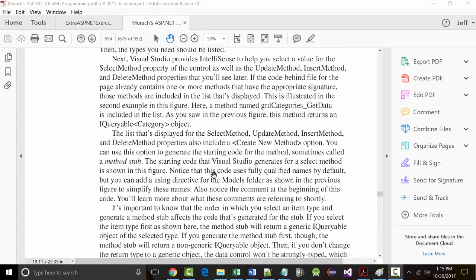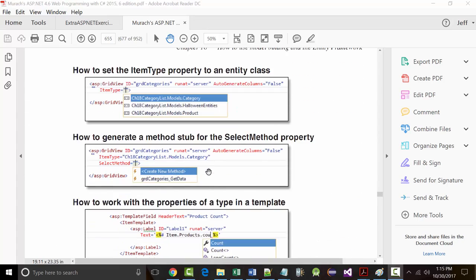The other nice thing about this, since it's a Microsoft invention, if you take a look on page 655, what was done here was they added IntelliSense to this. So when you're working on something that's a Microsoft product, typically Microsoft wants to make it as easy for you to understand as possible. In the first example,